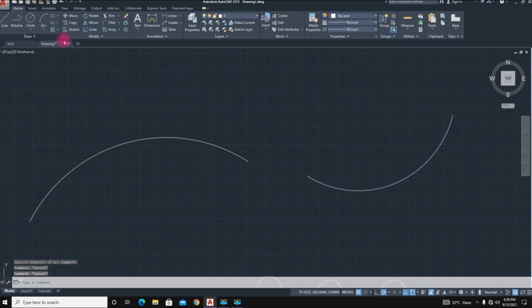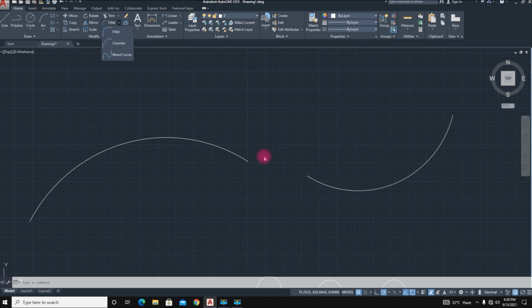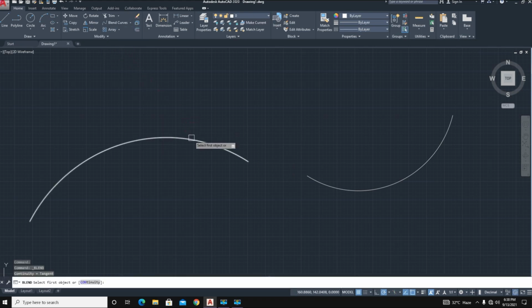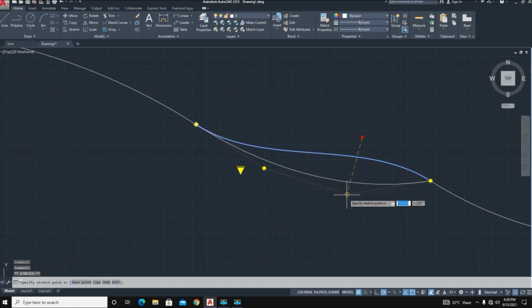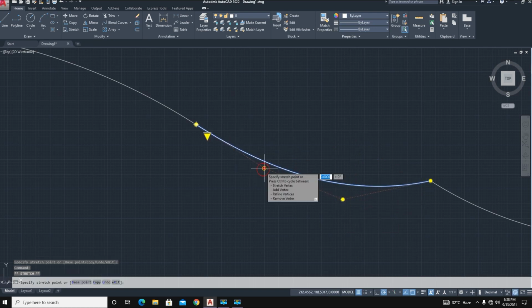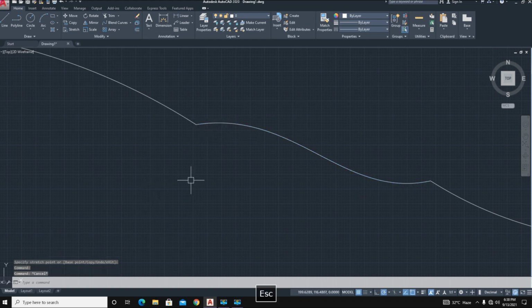We select the Home tab and select Blend Curves. It works for joining 2 curves. Select the first object, select the second. It's working. If you change the dimension, if you move and select the fit,